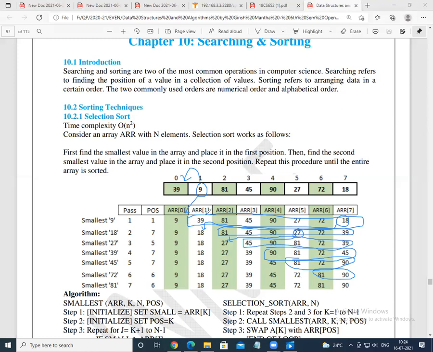I got increased, it is 1 to 7. Here 2 to 7. Similarly 3 to 7. I'm just incrementing the loop. 3 to 4 to 7, 5 to 7. As such loop goes on increasing. That is the for loop that you have called it. And within individual for loop, you find the minimum element to swap between the first element of the array. Okay. So this is what the concept is.